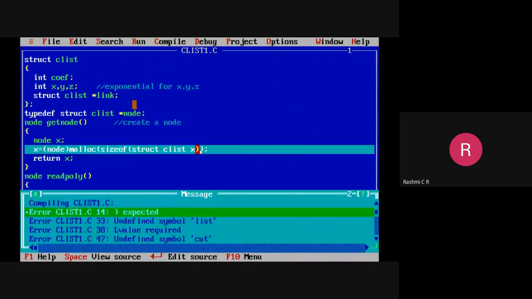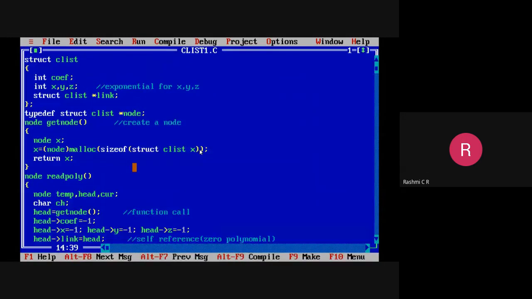We have some errors. Maybe we missed something. What did we miss? One second. X is equal to node of malloc size of struct C list.